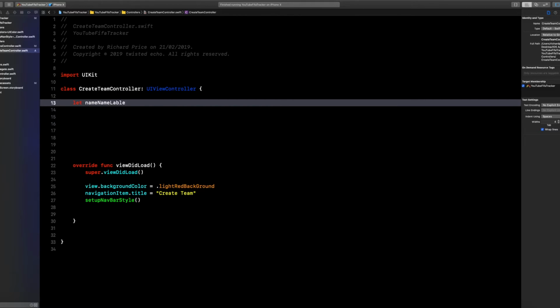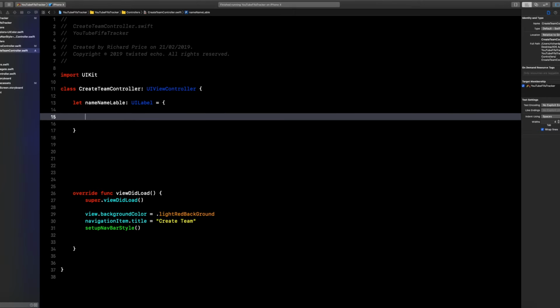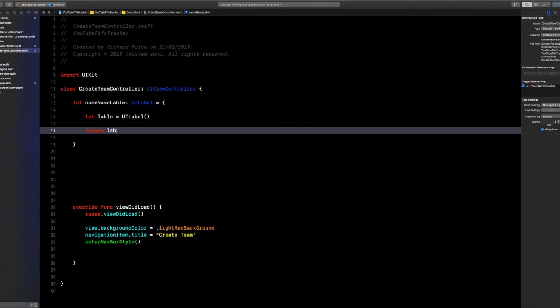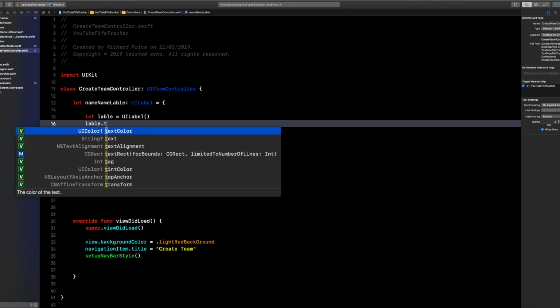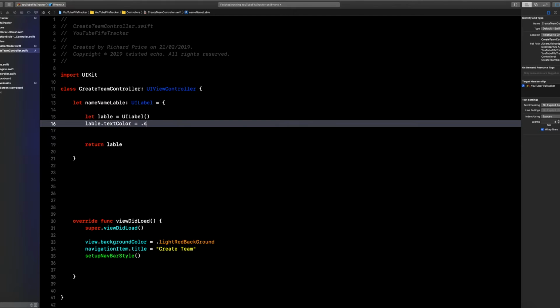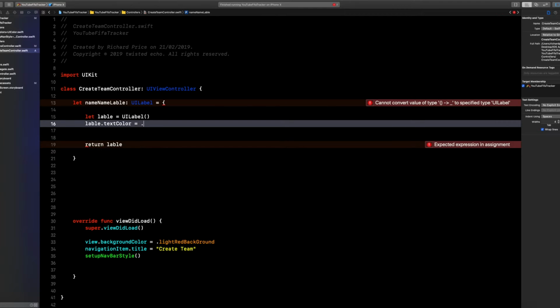Let's create a name label, a standard UI label inside a closure constructed. So we just say let label equal to UI label. We'll set the label text color to .white, and inside .white,